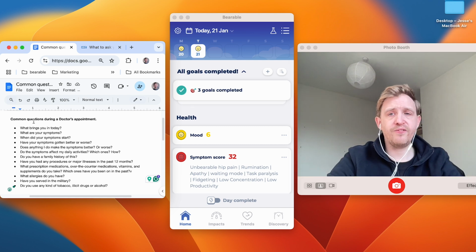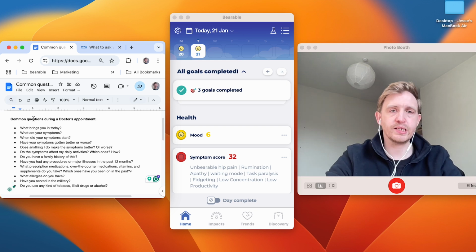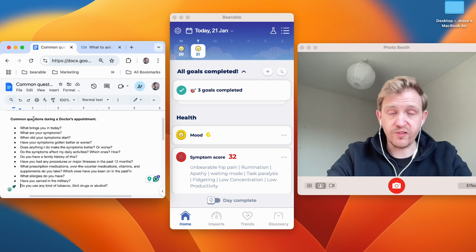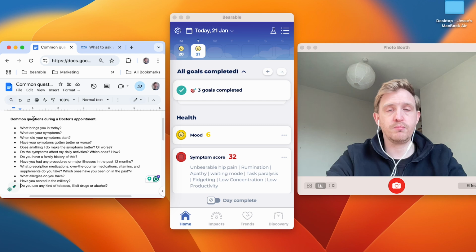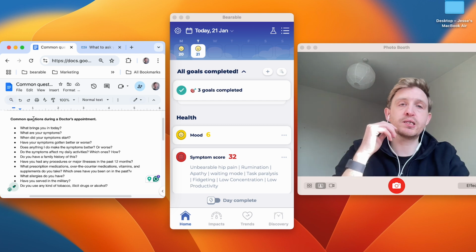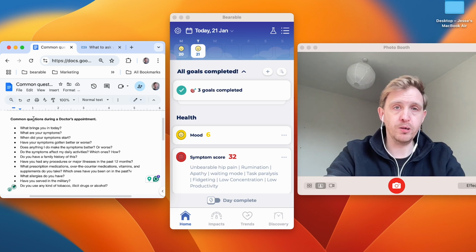I basically went and Googled, what is my doctor going to ask me during an appointment? What is a doctor going to ask me before giving me a diagnosis? It's important to find out the questions you're likely to come up against in an appointment, especially if there's something you're seeking from it.